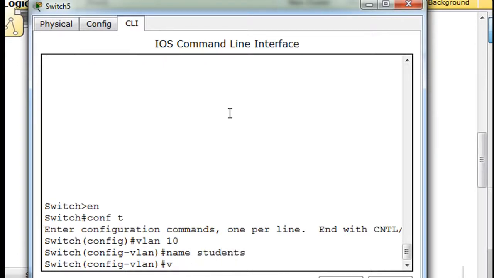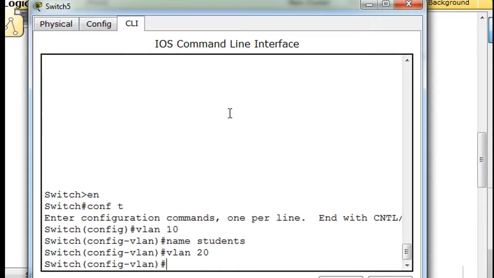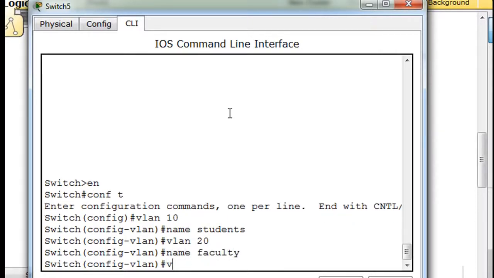And then we'll say VLAN 20, and we'll say that's for faculty, okay? Oh, and wait, we'll have to type VLAN 20 first, hit enter, then name faculty. Then VLAN 30,